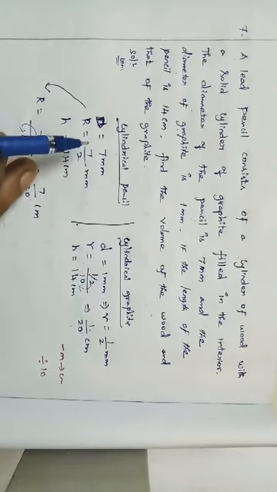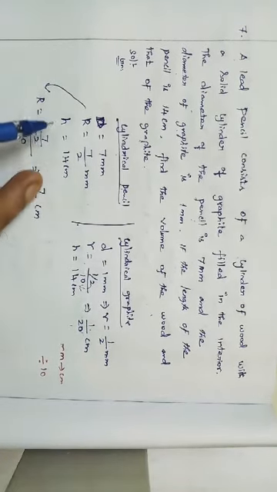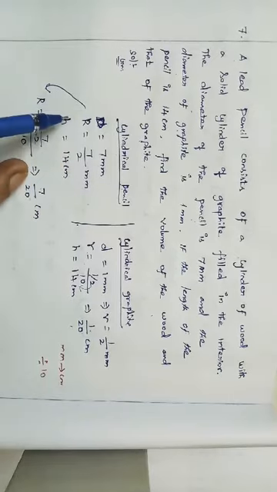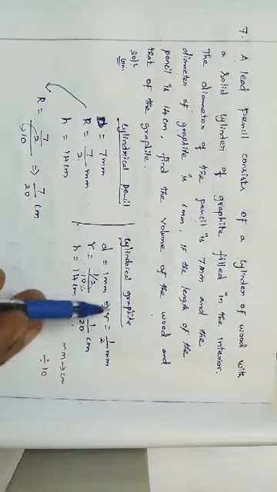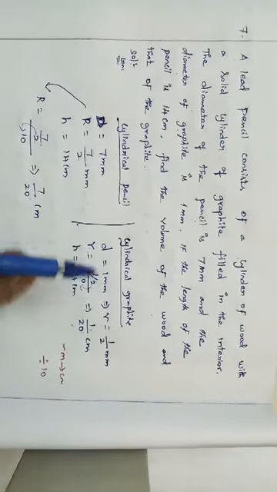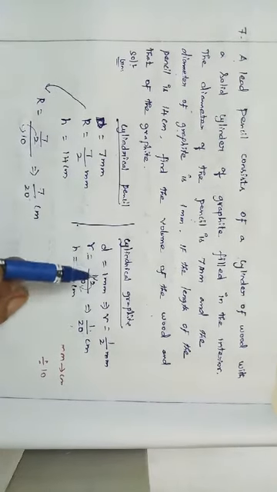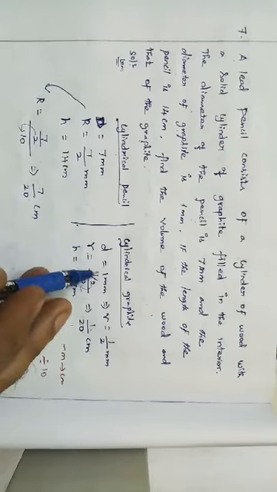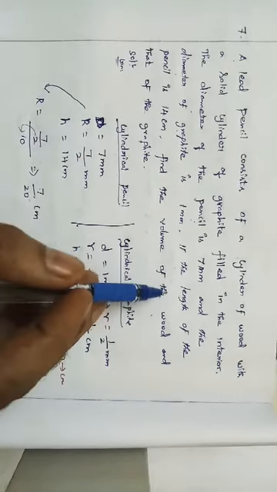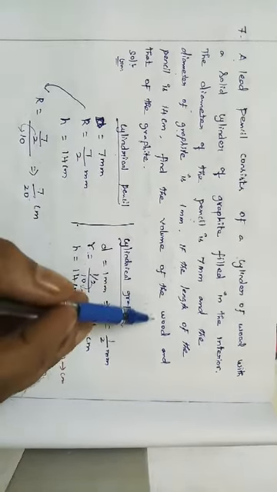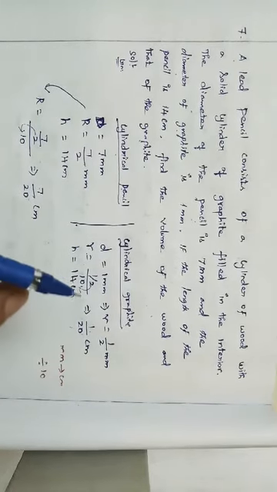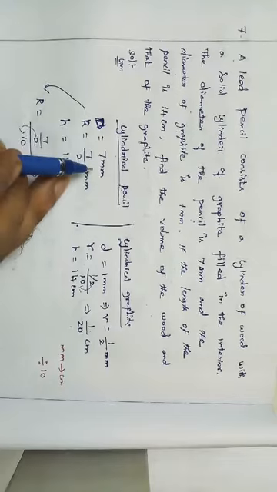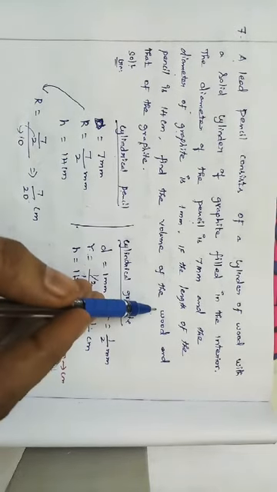So we know the diameter of the pencil and the height of the pencil. From that we can find the volume of the pencil, and we know the radius and the height of the graphite, so from that we can find the volume of graphite. So volume of pencil minus volume of graphite. Just remove the volume of graphite from the pencil, we will get the volume of wood. Understood? Just subtracting the volume of graphite from the volume of pencil, we will get the volume of wood.